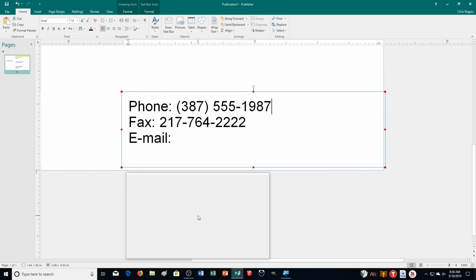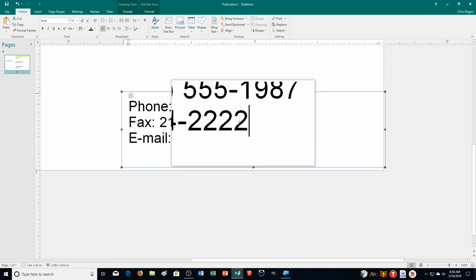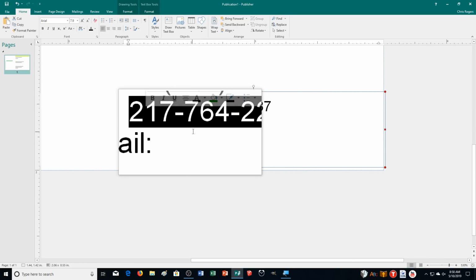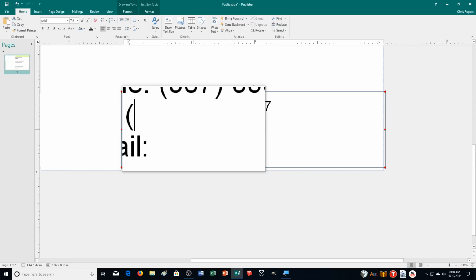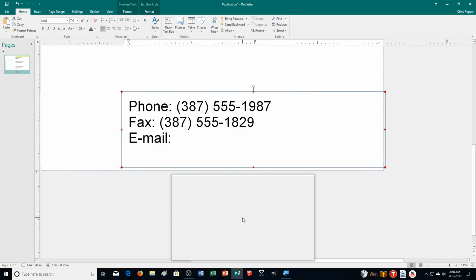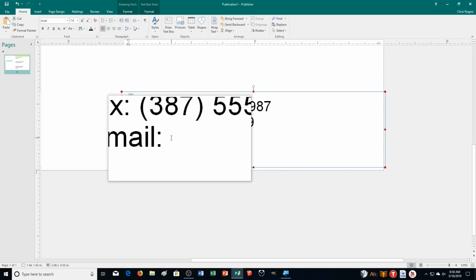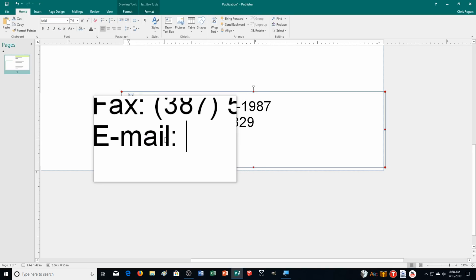387-555-1987. And then let's select the fax number and change that. Businesses still use these. You don't see them as much as they used to be used. So 387-555-1829. And then for the email address we're going to put in, I have to click a little bit closer